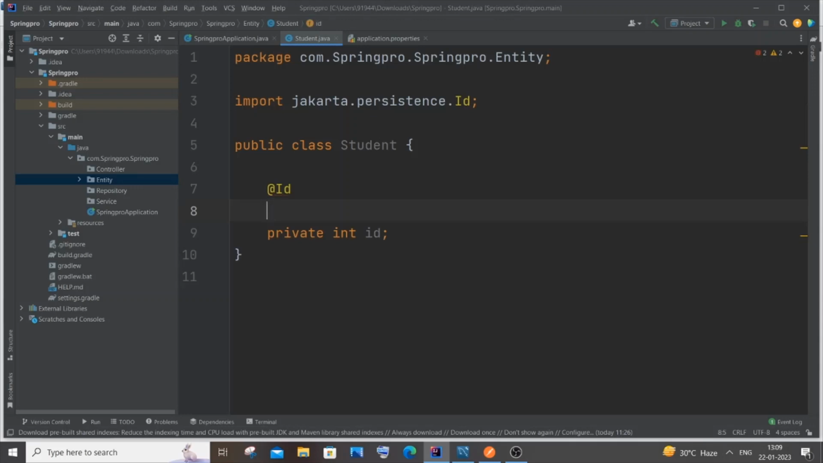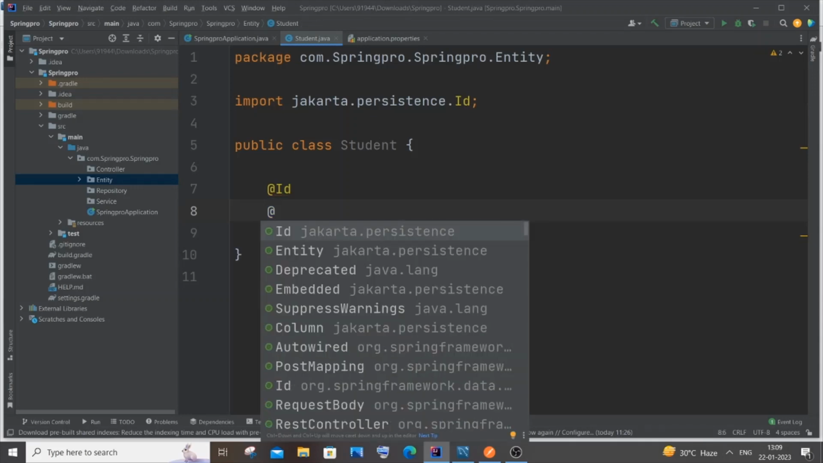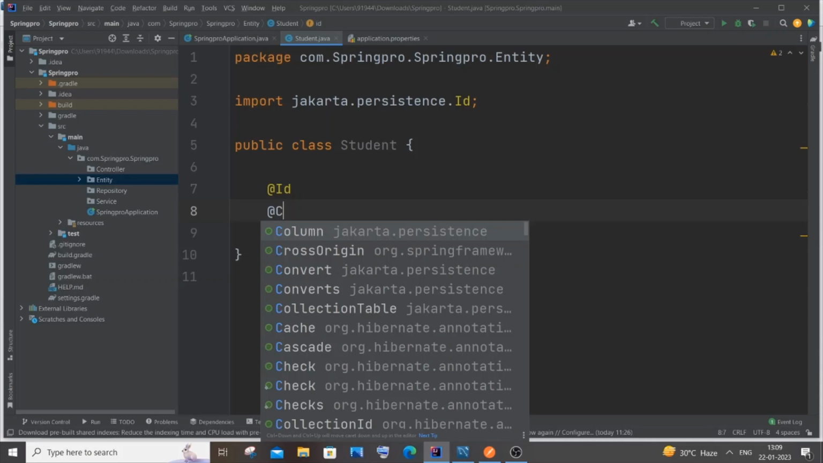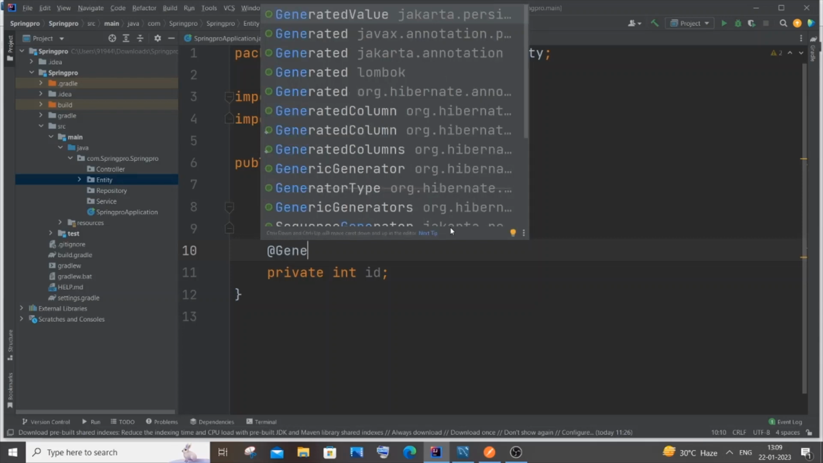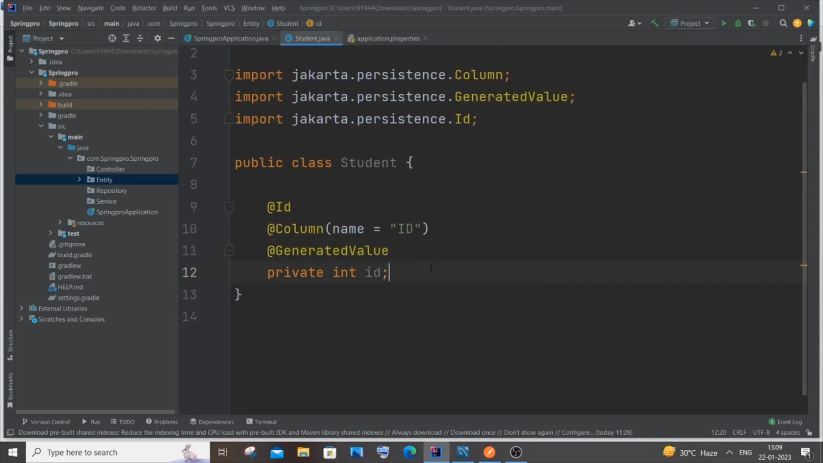Okay, so we can specify the column name manually as well by using the column annotation. Like if you want the default ID to be the column name, you can also have that. I will just have this. So just open bracket, have name and I will just give it as ID. That's it. And for this ID to be auto incremented or auto generated value, we can just have the generated value function. Okay, yeah, so these are some of the standard stuff that everyone uses for a particular unique ID